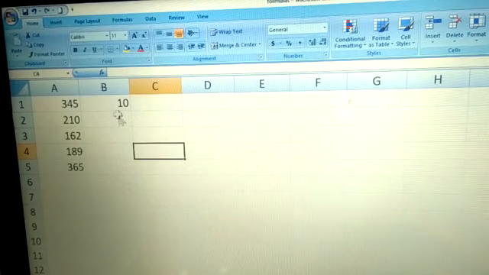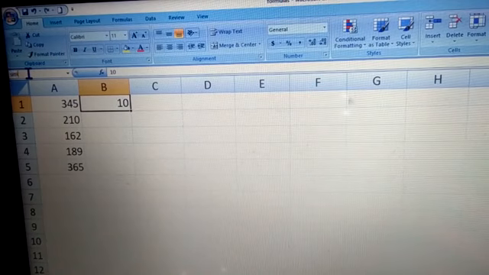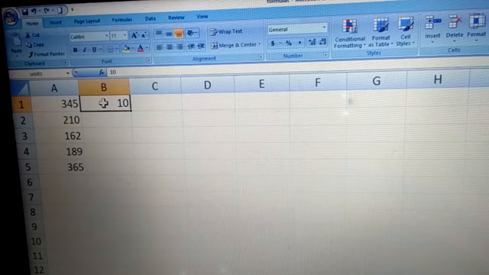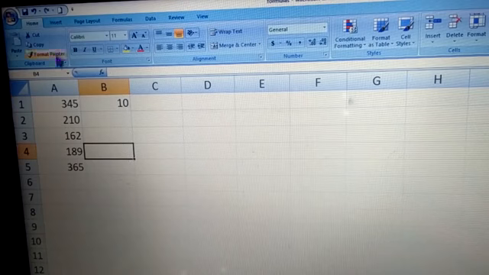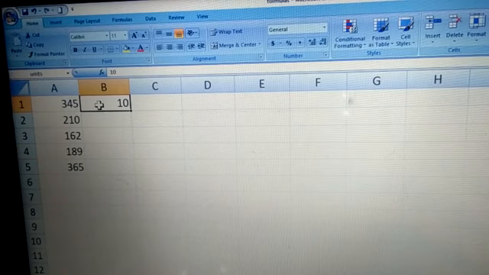We will go to the B1 cell and select it. Right now the name of this cell is B1. So what you will do is go here and write units like this. Fine, so this B1 will be named as units. Just press enter and it will be done. Now if I want to select units, I just click on units and see, the selection of B1 is shown.